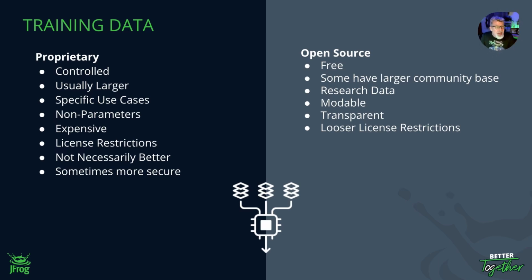Open source, on the other hand, has things like Hugging Face, which is a large repository that Artifactory integrates into. They have larger community bases. They actually have a lot of research data, a lot of public research data put out there by organizations. It's very transparent, and a lot of the time, using these model data is very loose. They're built by researchers to be out there to help improve. That's fantastic, and I'm a big fan and proponent of open source, but you also need to be able to protect the models that you're using, and make sure that you're using them the best way possible.